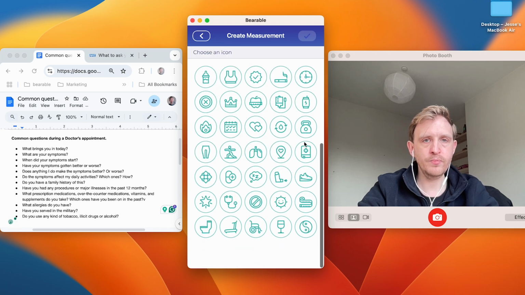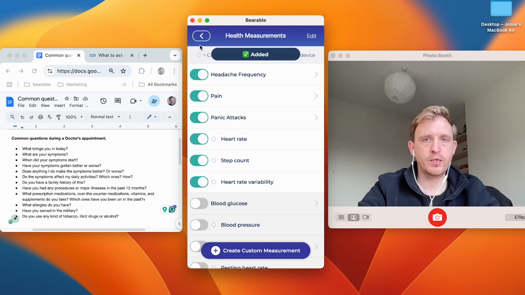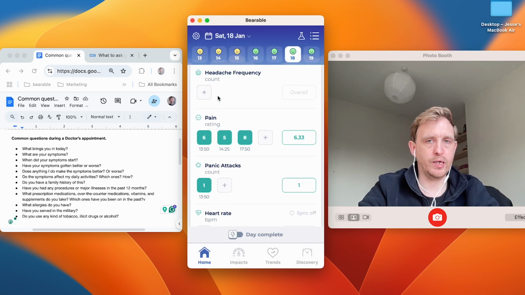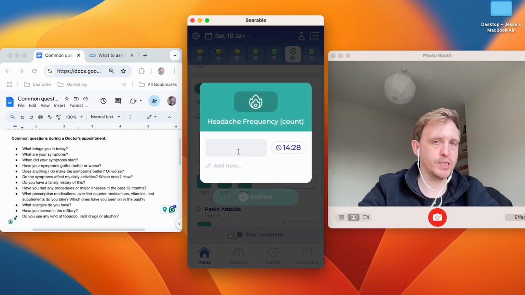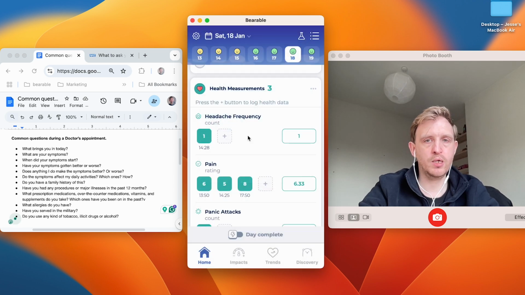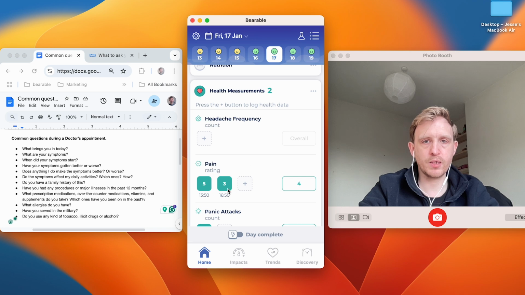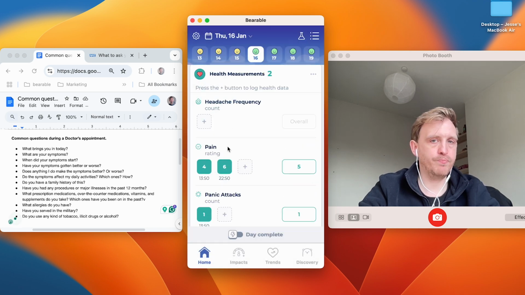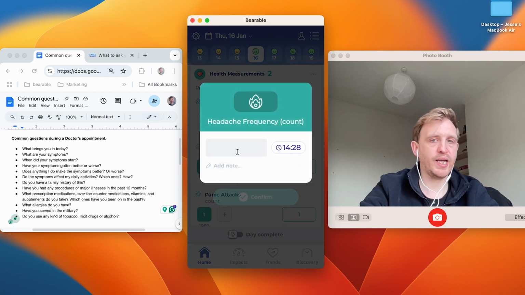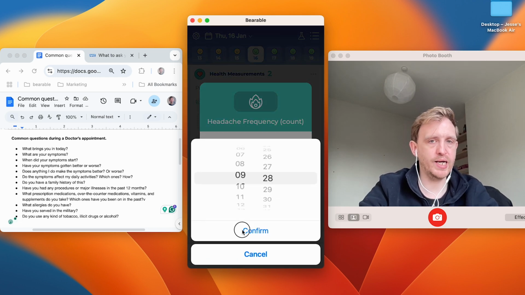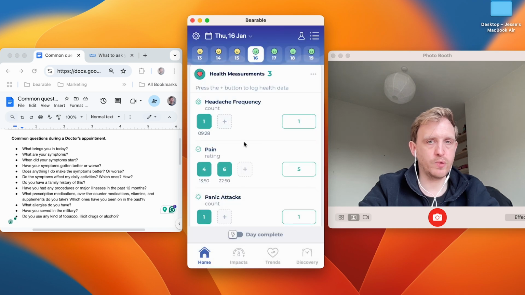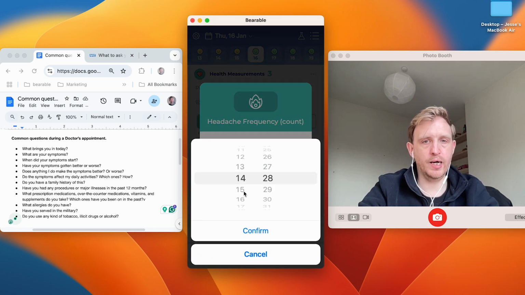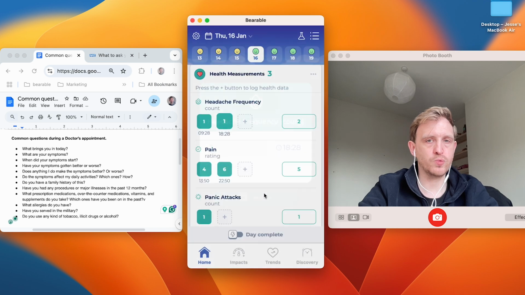And let's use that icon. And then what we can do is say, okay, well, we want to know how many times a day I have a headache. Today I've had 1. Previous day I had 2. And then you could also, because these are time-stamped, if instead of just doing a count for the day, you could also time-stamp them and say, well, I had a headache at 9:28, and then I had another headache at 6:30 as well. And so you can get as specific with these as you want.